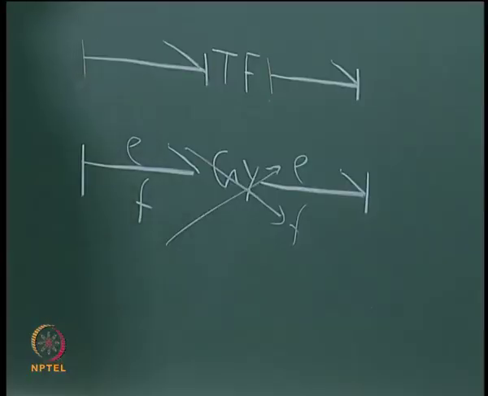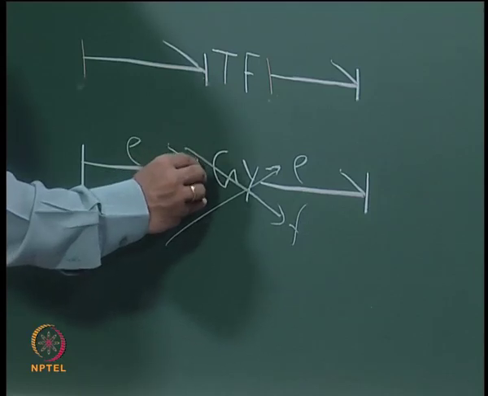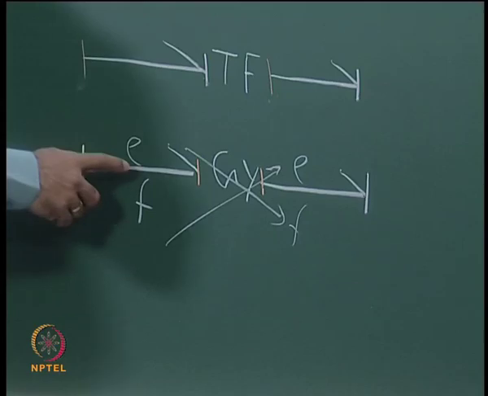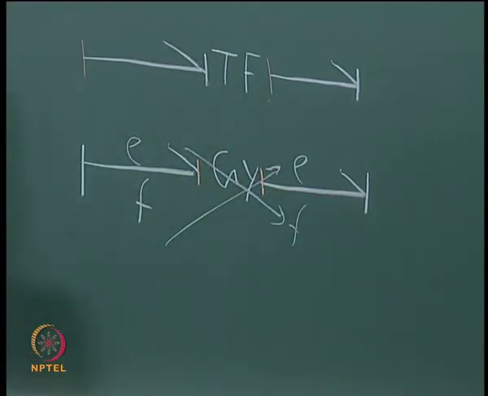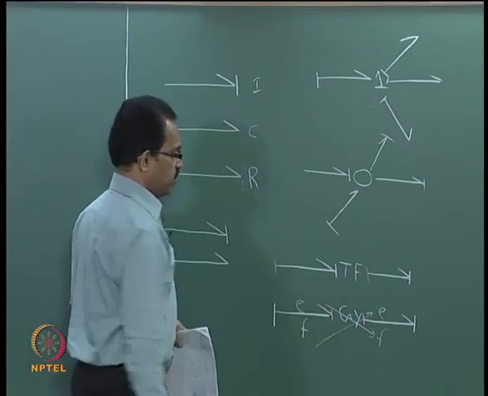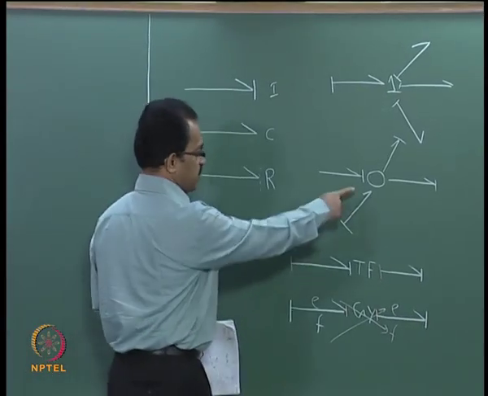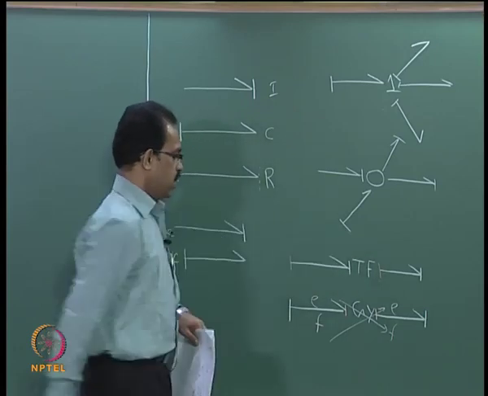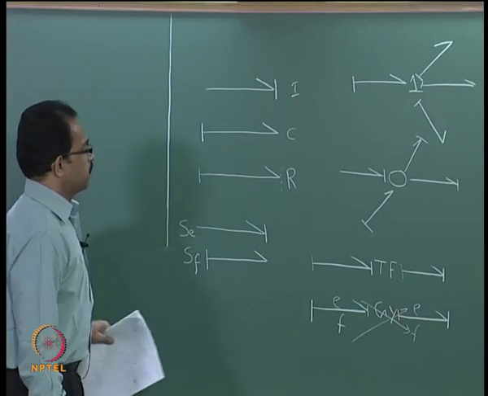So this is one possible causality, and the other one is this one. You can have a causality like this also. So you can have a causality like this, or you can have a causality like this for gyrator. So depending on the situation, you will have to identify what kind of causality exists for that particular element, where it is connected to, which junction it is connected to, or which element it is connected to. Accordingly we have to assign the causality for these elements. So these are the basic building blocks for the